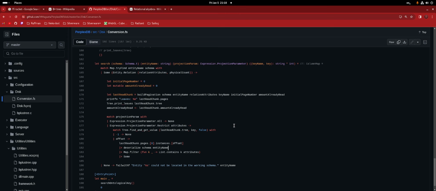So if you have a row that is like 64 bytes, let's say, you could store 8,000 divided by 64 rows. Otherwise it wouldn't fit. So we have to handle that case as well, which is a pain.